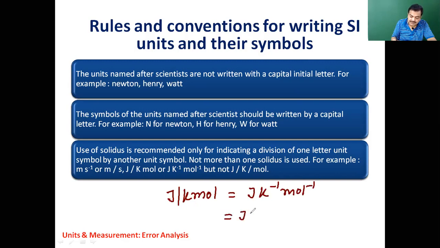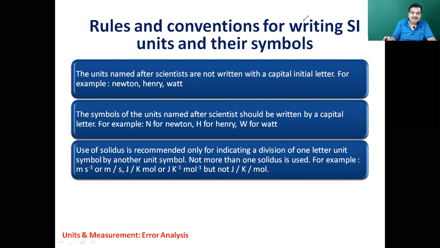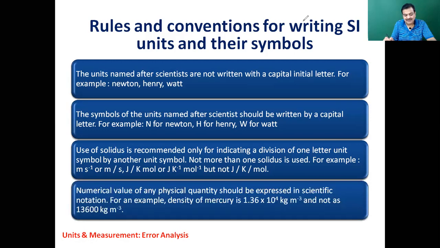It should not be written as J. ये दो बार यूज नहीं कर सकते, ये गलत हो जाएगा. जूल पर केल्विन पर मोल नहीं लिखा जाएगा, it is joule per Kelvin mole. सो बहुत छोटी छोटी बातें जो बता देते हैं कि आपकी पकड़ कैसी है बेटा सब्जेक्ट के ऊपर। जब आप कहीं किसी अच्छे टीचर के पास फंस गए तो ही will make out कि आपके बेसिक्स कितने क्लियर हैं।